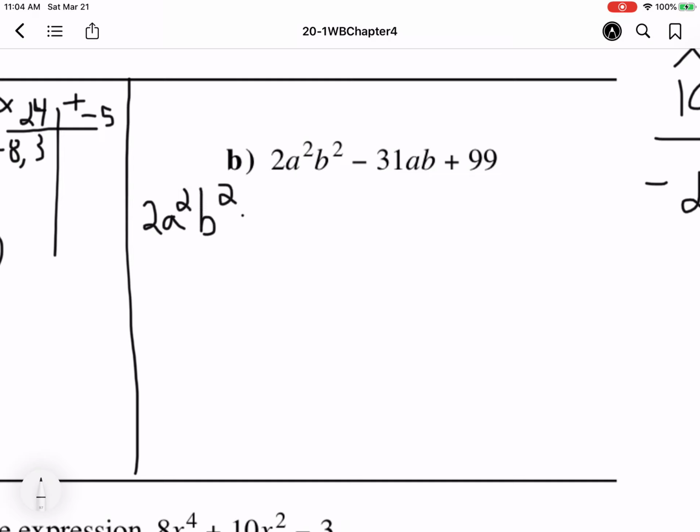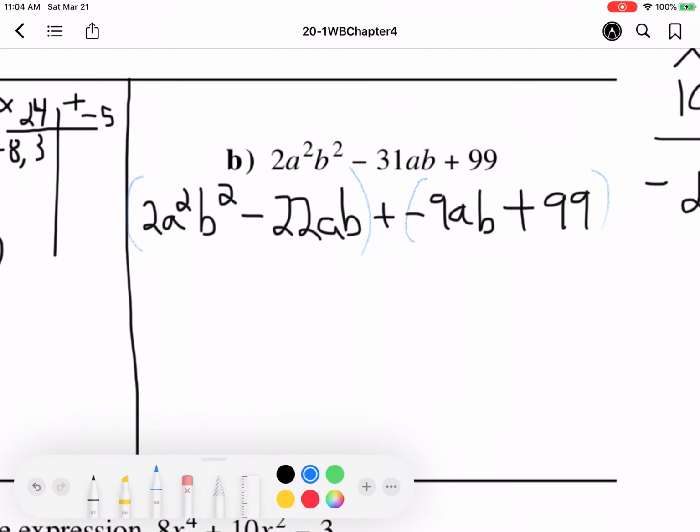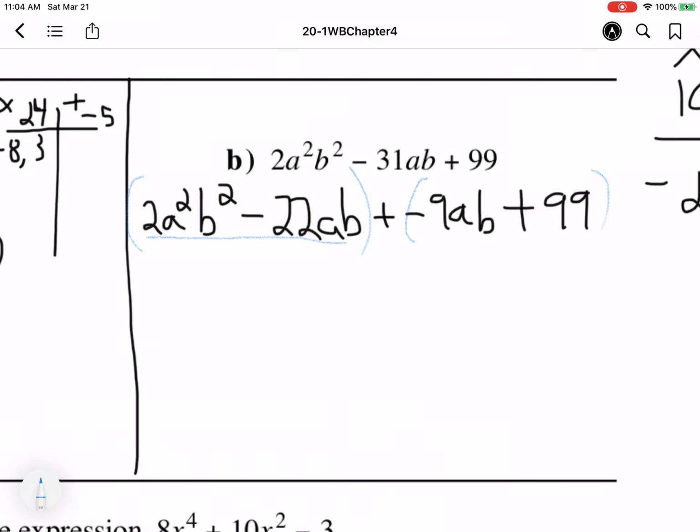B squared minus 22AB plus negative 9AB. Make that one neater for you guys. AB plus 99. Now what we're going to do is our grouping, right? Set up our groupings, put that negative inside like we did with decomposition in the last lesson, and factor out what we can, right? This one here, we can factor out a 2 and an A and a B,